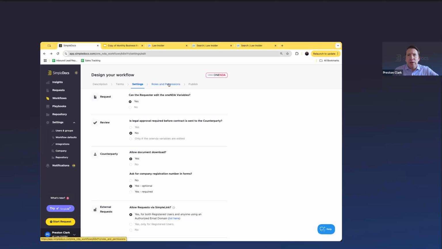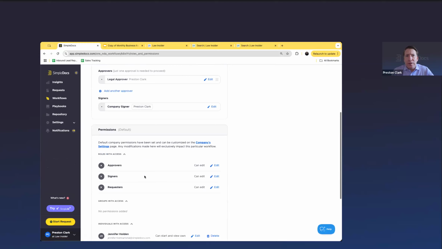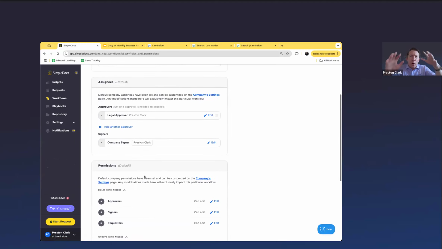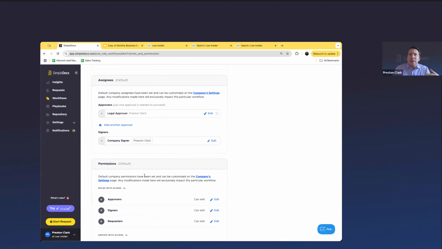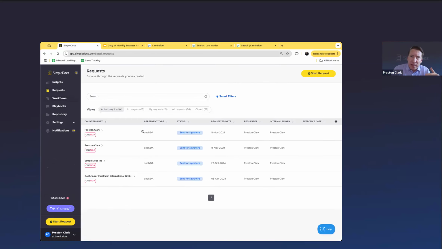Who the signer is going to be on your side? Is there an additional legal approval layer that is required? So these are all of the configurations that will exist in the back that allow you then to just take an agreement that is ready to be signed inside Microsoft Word and send it out to the counterparty for review and signature. And then once this is routed, you'll be able to see it in the request view.